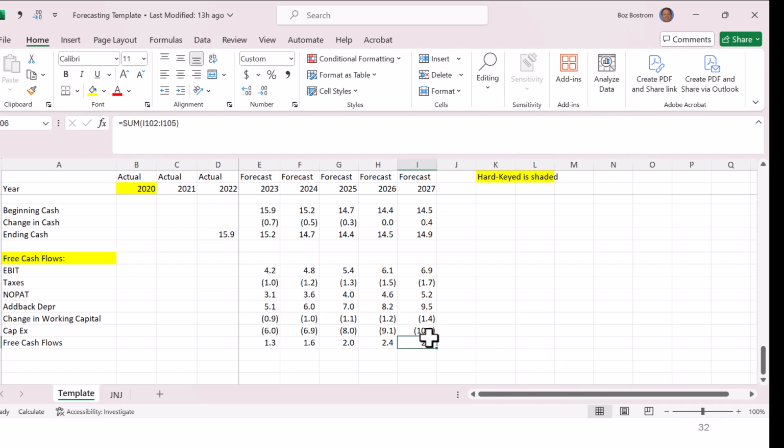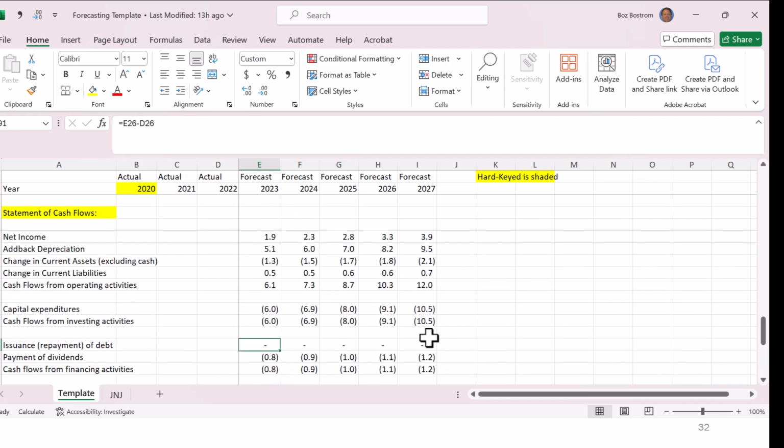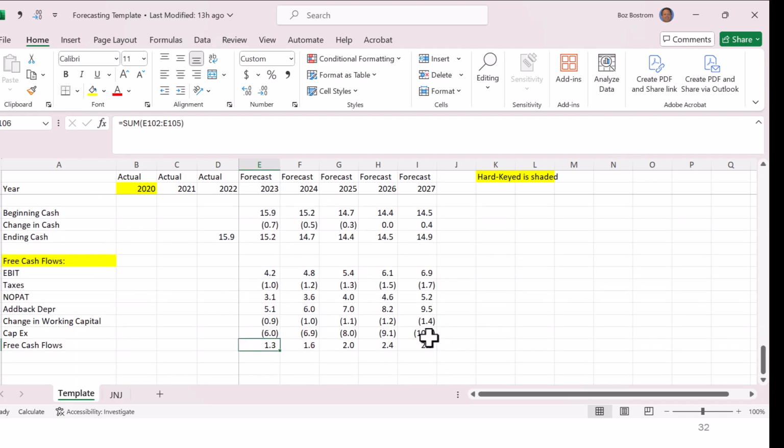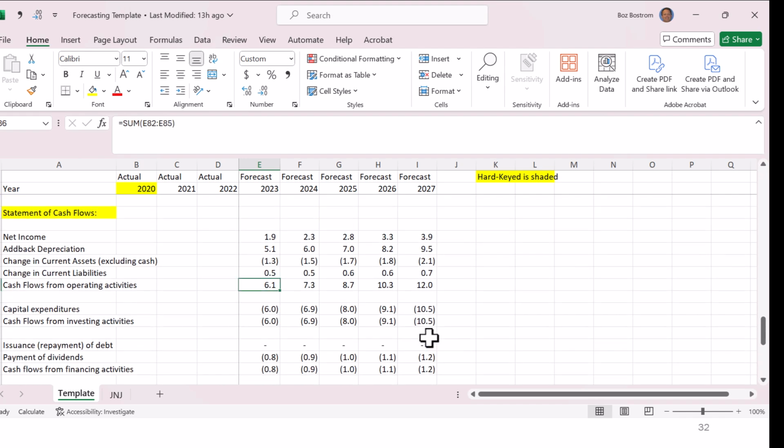But then also we've got free cash flows here. Some people will not do the statement of cash flows under accounting principles, and they would just jump right to a forecast of free cash flows. And you certainly could do that, right? So for things like depreciation, change in working capital, CapEx, you would just link up to the income statement and balance sheet instead. The risk is that when you get done, if you make a mistake, and your mistakes are more likely going to be in this change in working capital line, you might not know it. So what I like to do is prove out the statement of cash flows,